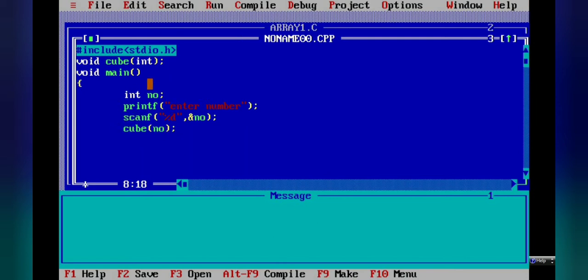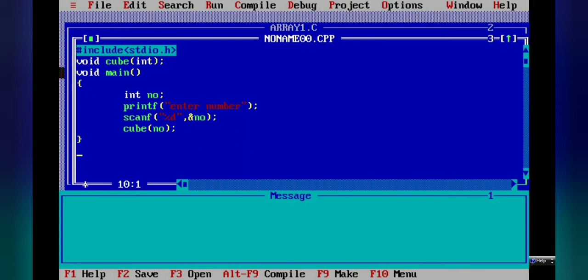The argument that we write in the function brackets, the value we give during the function call, is known as an actual argument. Now we will close our void main.